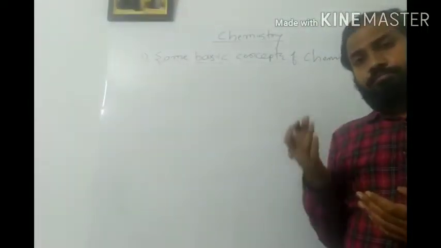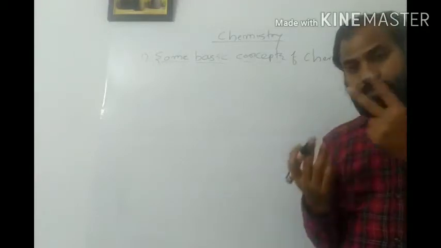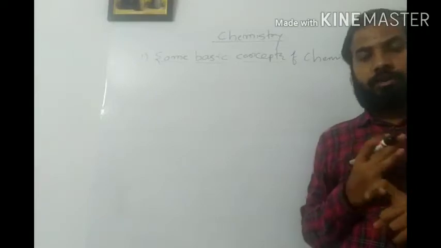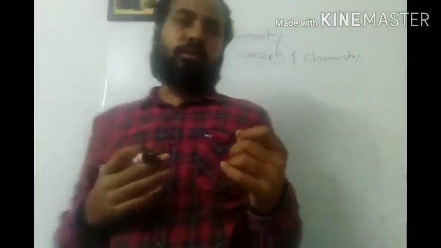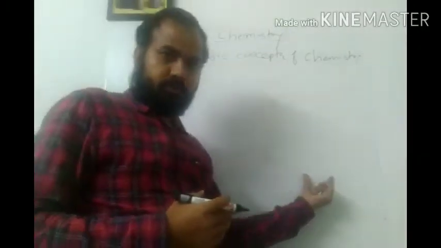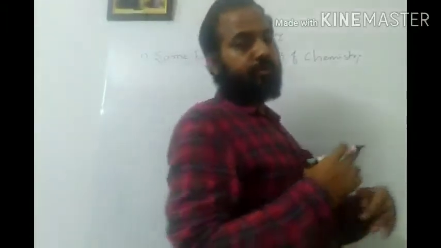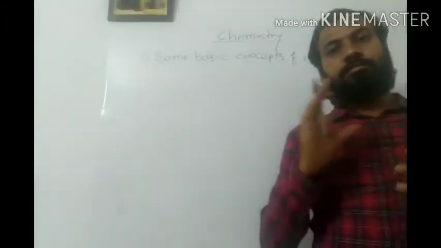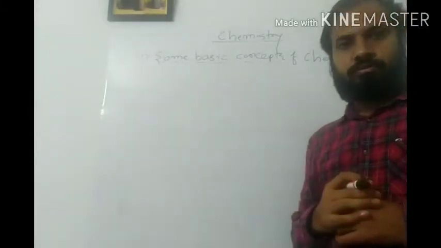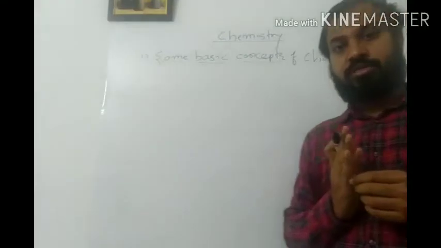We have also studied two basic concepts, two properties of matter, fundamental properties and derived properties. We have seen some examples of fundamental properties as well as derived properties. Then we started measurements in chemistry, in which we finished the scientific method, how to write numbers in power format. Now in this lecture we are going to discuss significant figures,